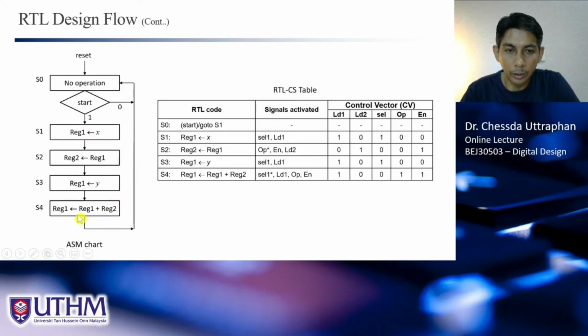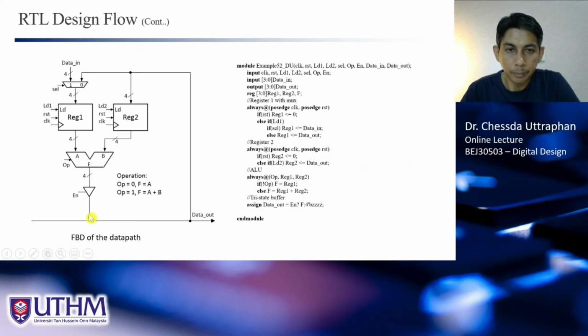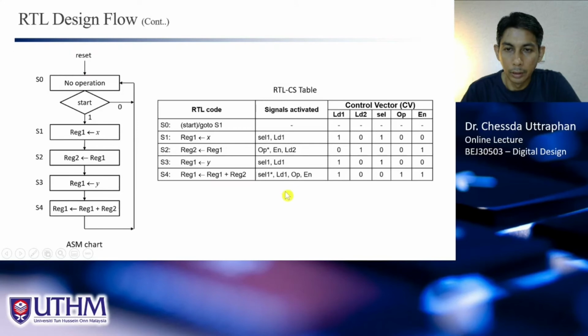And the last one is to add and save the value in rack 1. So how to add? Of course, the data must be available here. It is always available here, should be no problem. So now to add A plus B, OP should be equal to 1. And to get the data to go to this bus, EN should be equal to 1. And we want to save in rack 1. So LD1 must be equal to 1 and SEL must be equal to 0. Right? SEL,